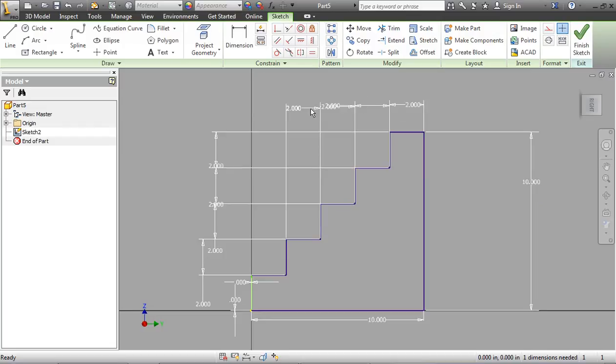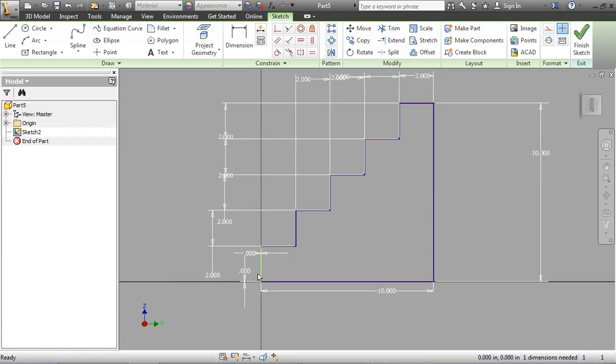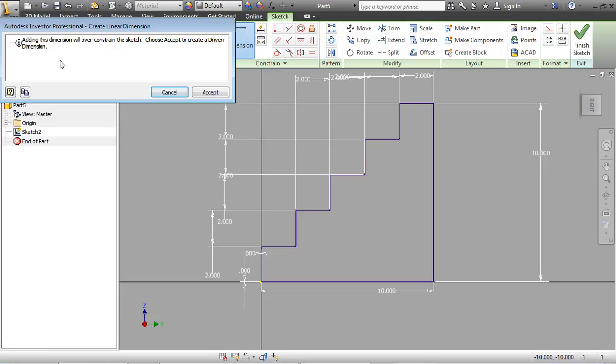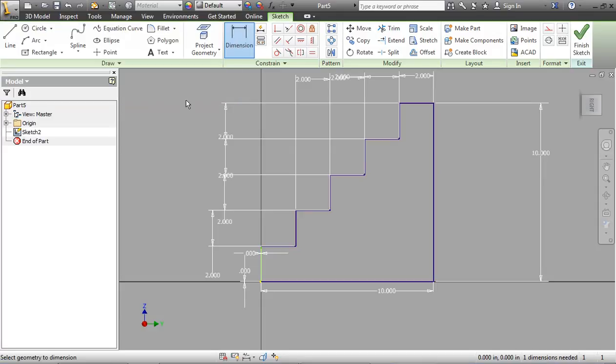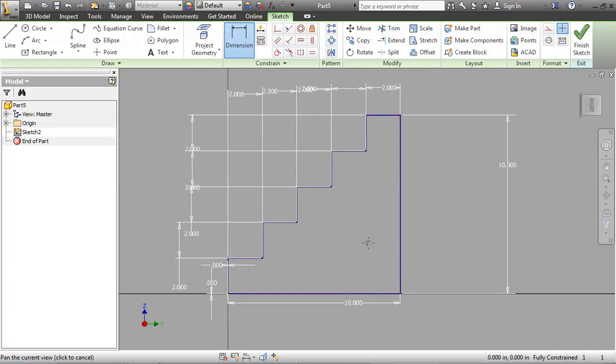And here 2, 4, 6, 8, in theory we shouldn't have to add that, but what it is we're not set at 2 yet because we're not on the origin. So we're going to dimension this, and you can see that actually this is the one that's messing us up. It says if we do this we're going to over constrain it, so we're going to escape. So we're going to grab this one here, and we have to put this one at 2. And now you can see in the bottom right hand corner it is fully constrained,